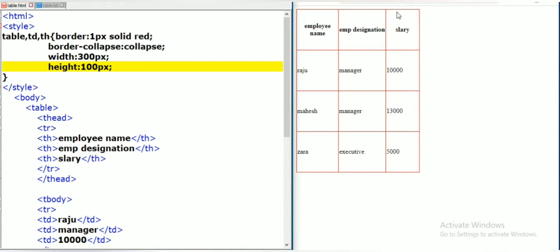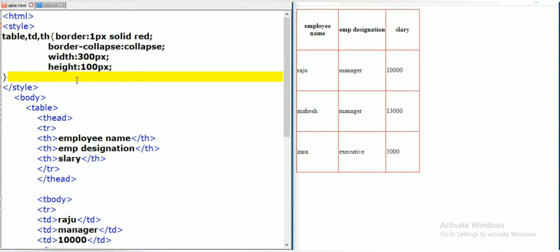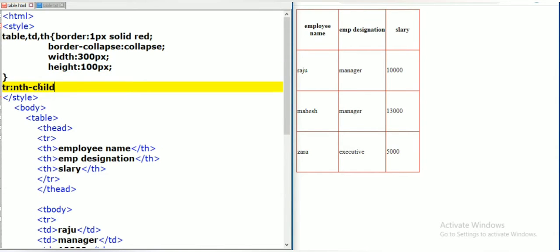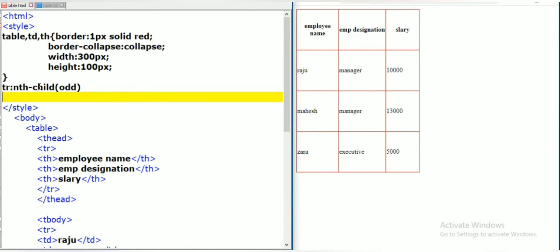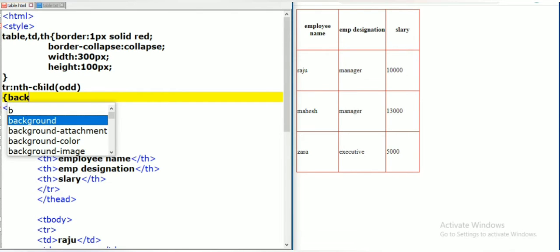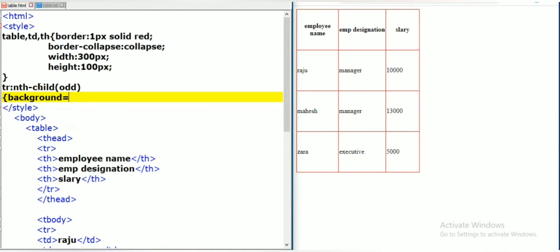If you want to apply colors for even and odd rows, then we can give using nth-child, open bracket, odd. Here I am applying a specific color for odd rows. Background color is a property which we can use to apply background color for odd rows.